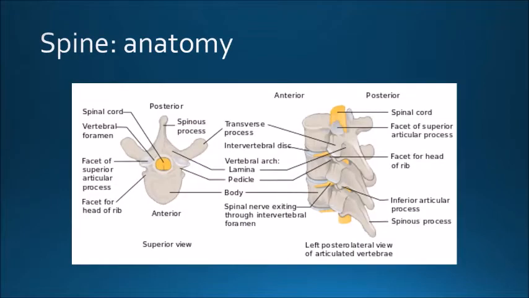And then most of these spinal cord tumors present by compression rather than invasion. Coming to the anatomy, here you can see the bony anatomy of the spine, a vertebra, where you can see different parts of our vertebra. Most posteriorly, we have the spinous processes. Then we have the laminas on both sides. Then we have the transverse processes. Then we have the superior and inferior facets and the pedicle. And the most anteriorly, we have the vertebral body.